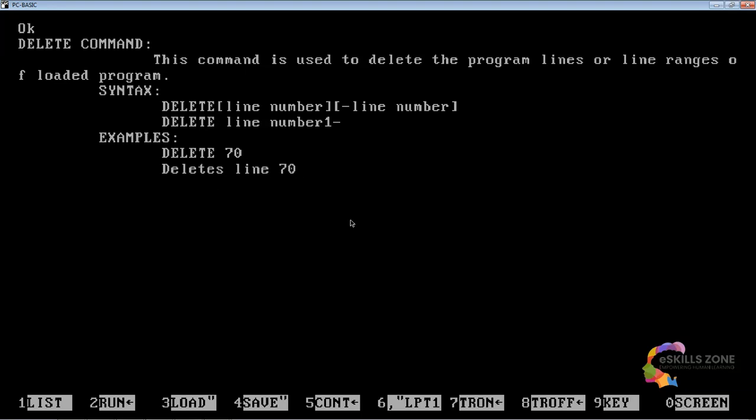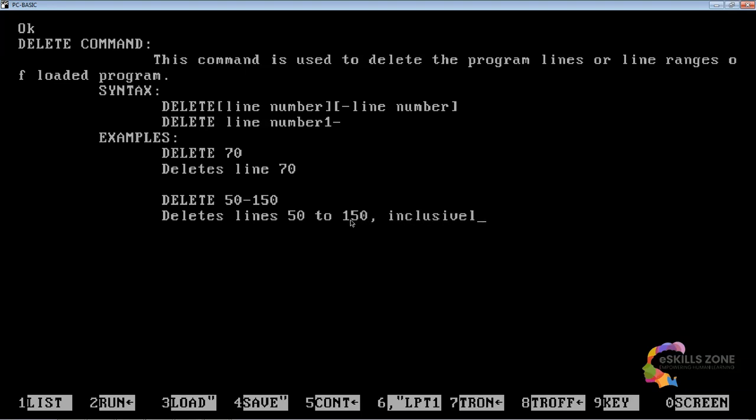And if we give one more example, like DELETE 50-150, then it means it will delete lines 50 to 150